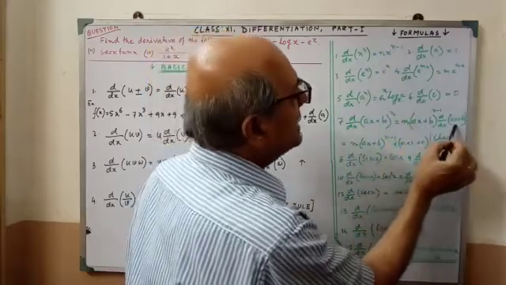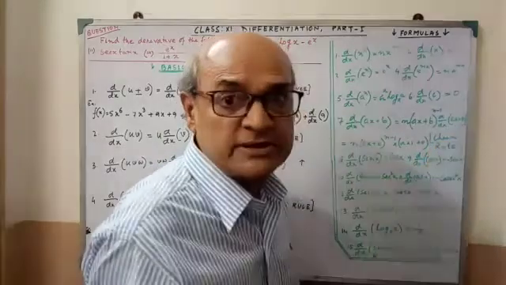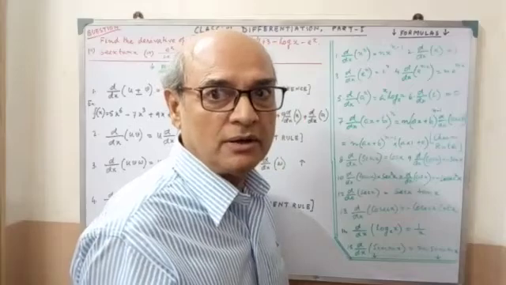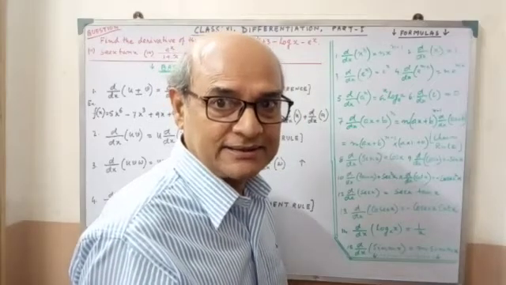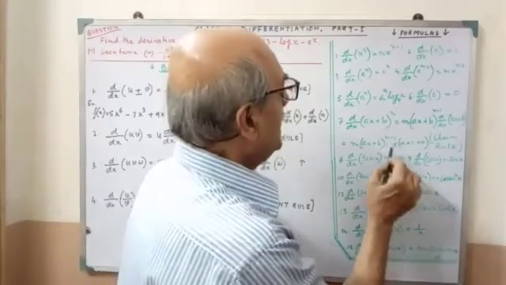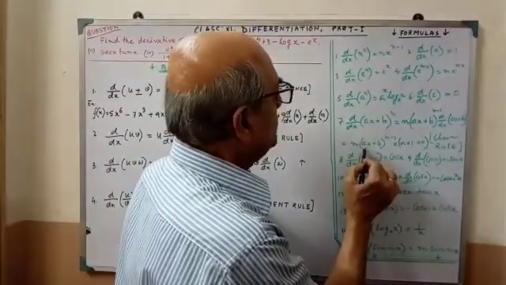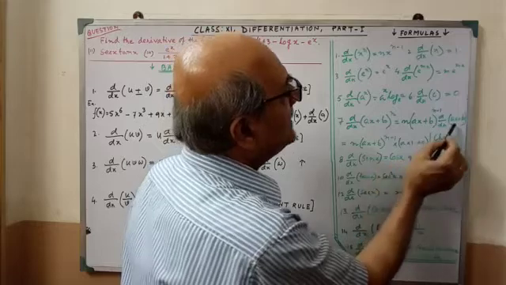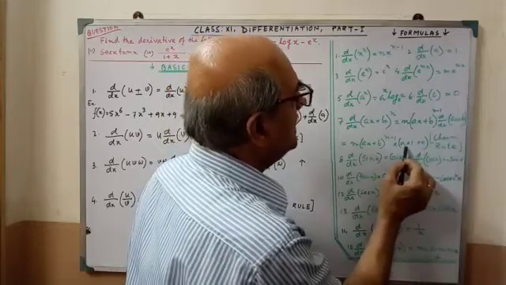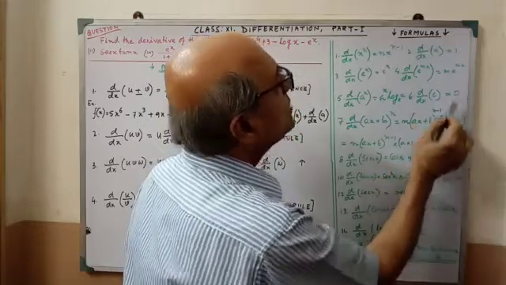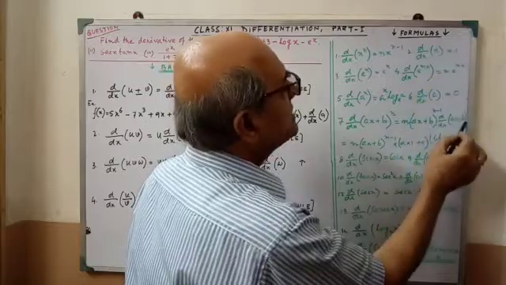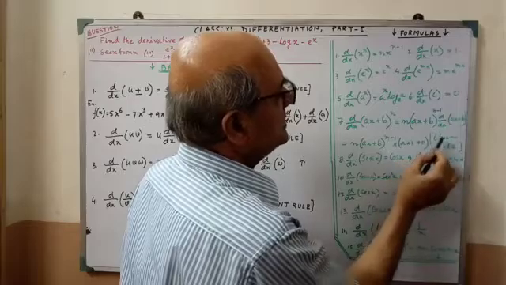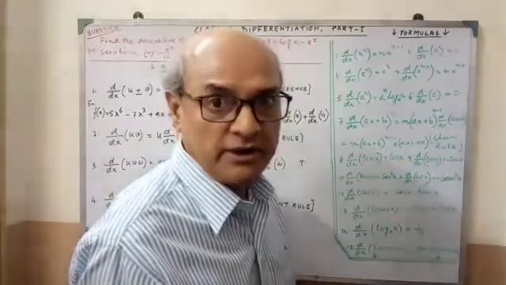Then this expression again we have to differentiate. This is known as chain rule for composite function, that you will do in class 12. And see, n into ax plus b whole to the power n minus 1, and differentiating ax, that is a constant, and differentiation of x is 1, and b is the constant term, differentiation of constant term is 0. This rule is known as chain rule.